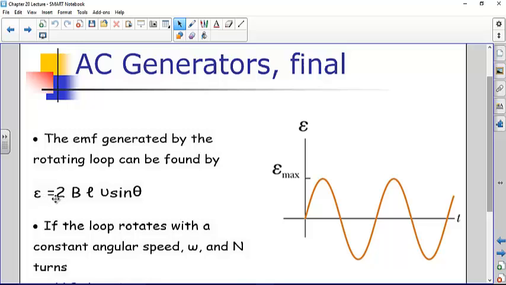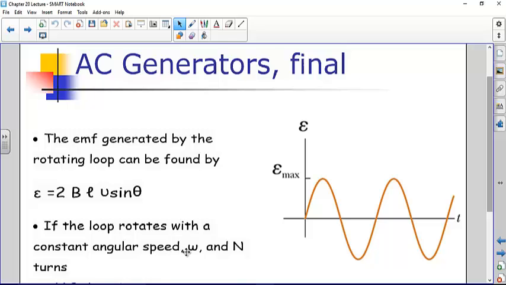So the voltage is equal to 2 times the strength of the magnetic field, which is due to the external magnets, times the... what the heck is that? I think this must be a velocity. The velocity of the horizontal part of the loop times the length of the loop,